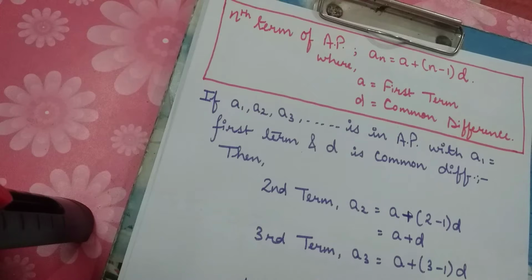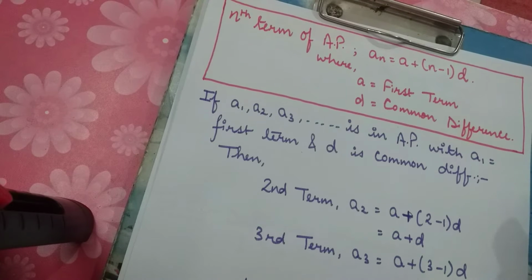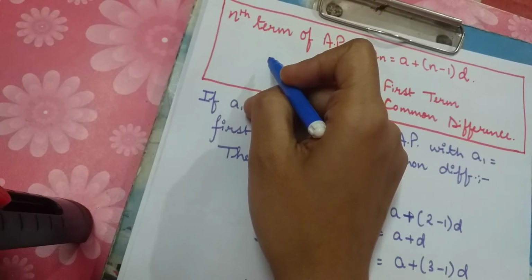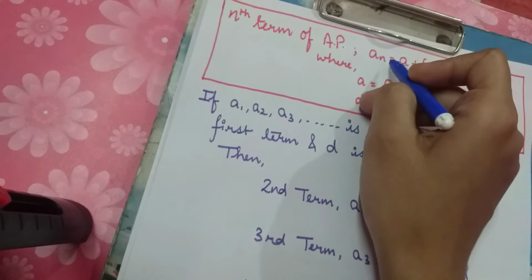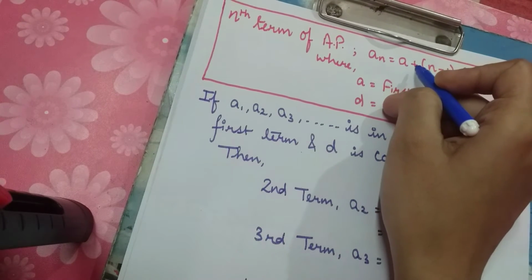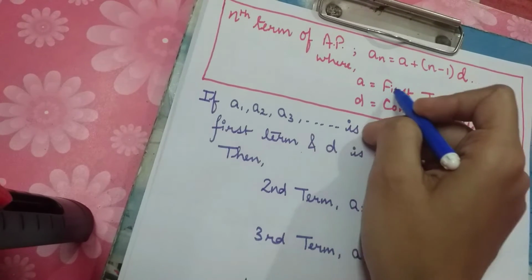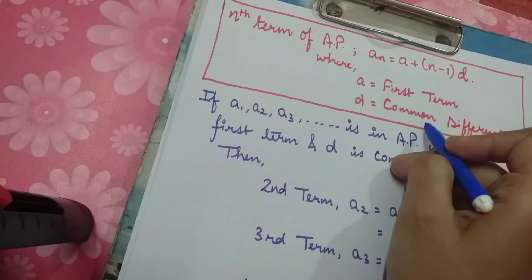Let's get started. The examples part of the next exercise is based on the formula that we studied in our previous video. For finding the nth term of any AP, it is given by the formula an = a + (n - 1) d, where a is the first term of the AP series and d is the common difference.